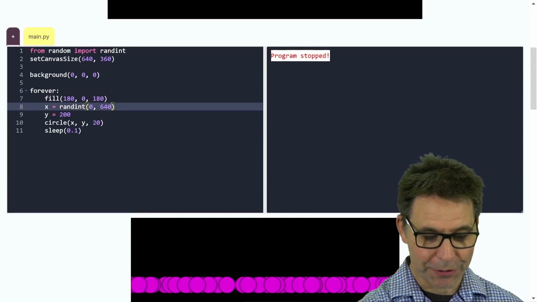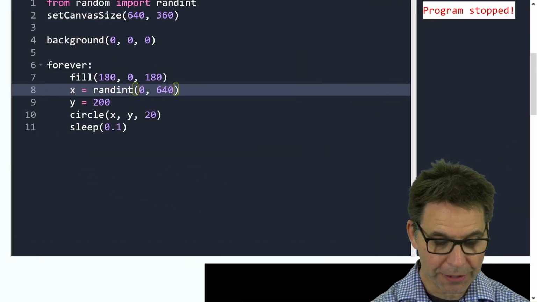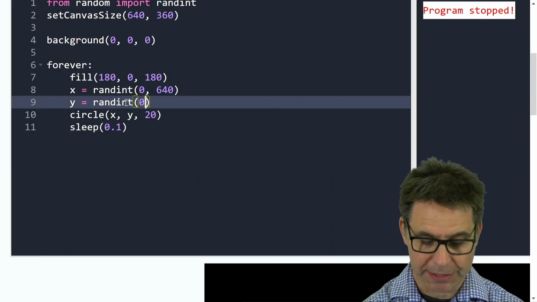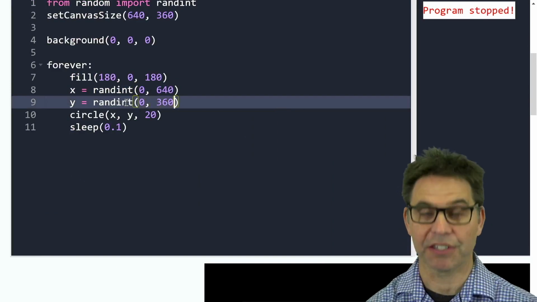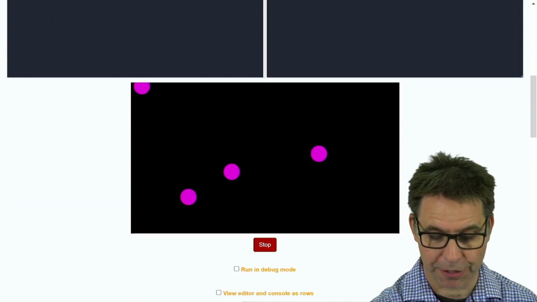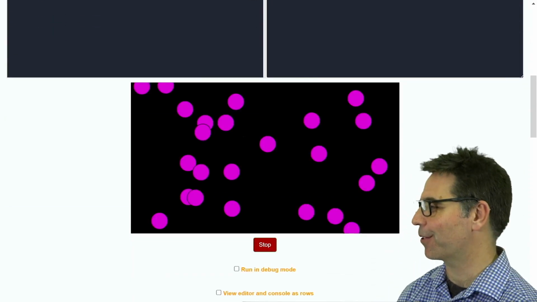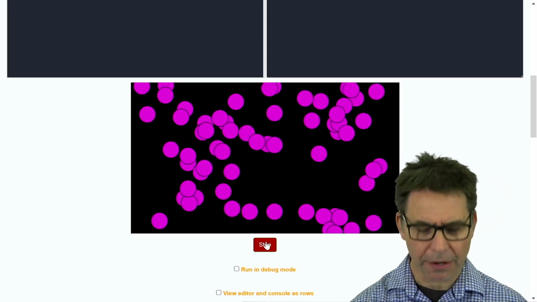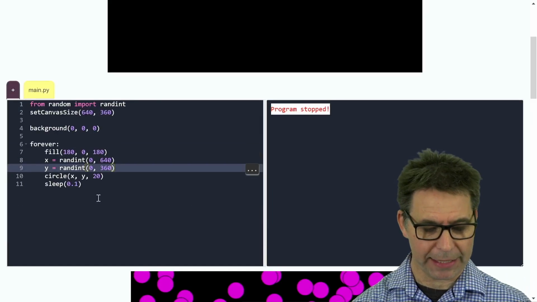Now, if I wanted to make this better, which I do, I do the same thing for the y. I say pick a random integer between 0 and 360 because that's the height of the screen. Now I should be getting random circles anywhere on the screen. Very cool. Now, what about the size? This is always set to be